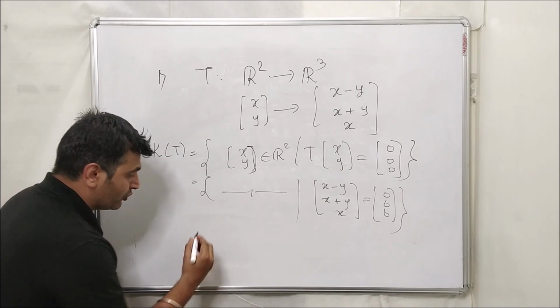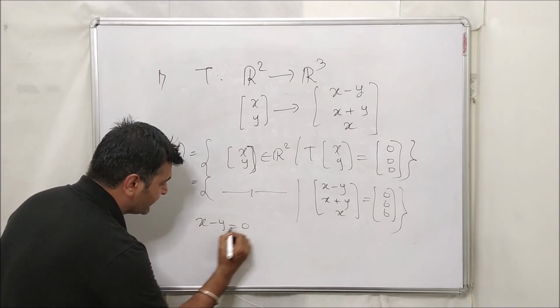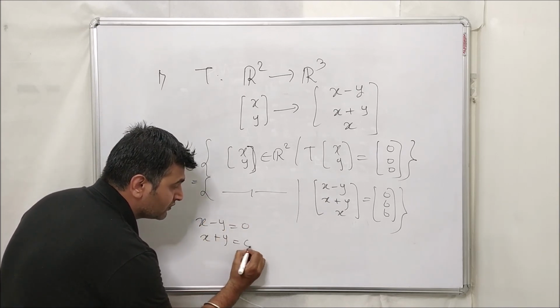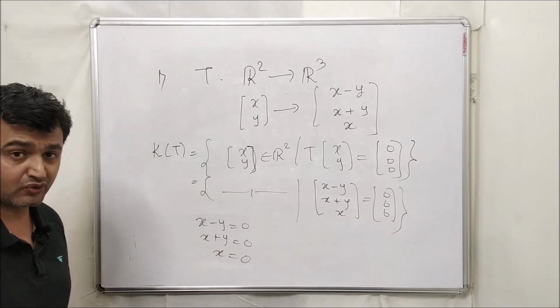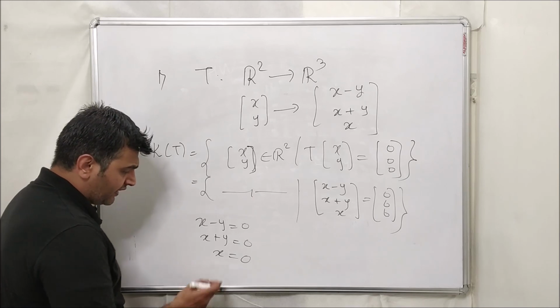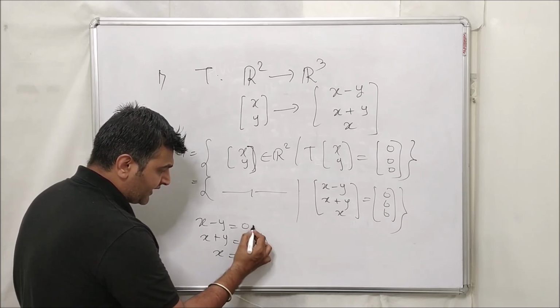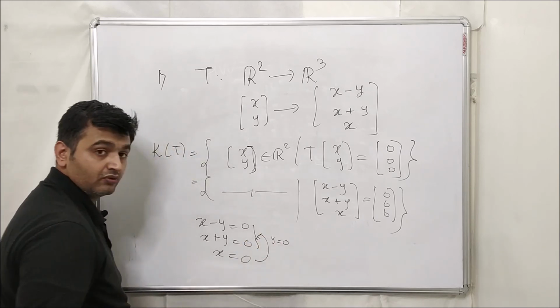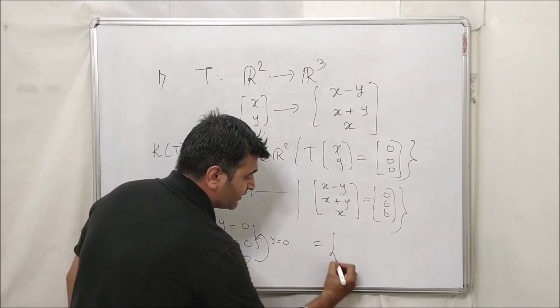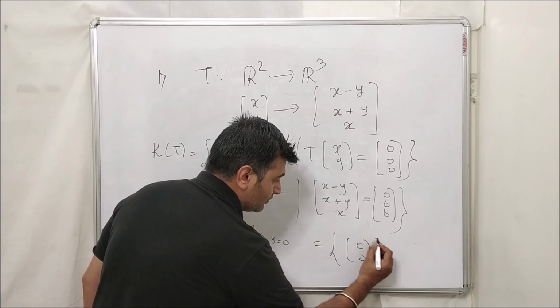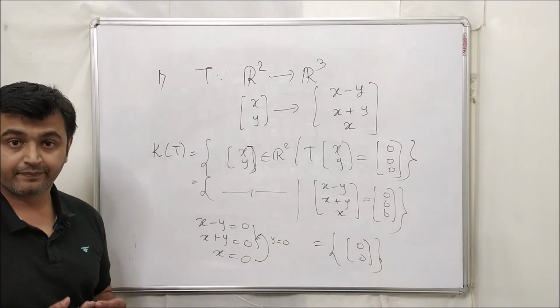So now when you equate, what do you have? You have a system of linear equations, and you know how to solve systems of linear equations. We use matrices, Gauss elimination method and all those things. But here the things are easy. Here your x is 0. So when you put it in either of them, you get y also 0. So your x and y both are 0. So what is the kernel? Kernel is nothing but (0, 0), which is the singleton vector.